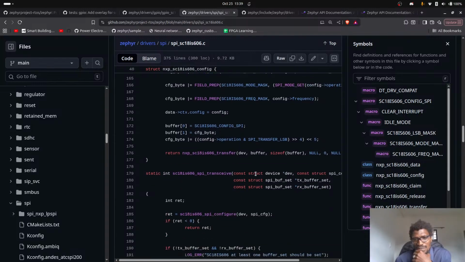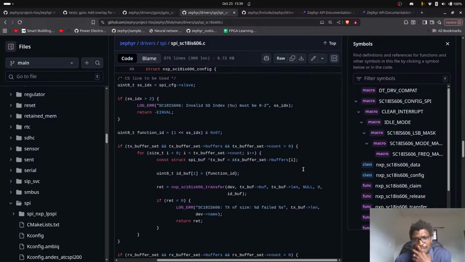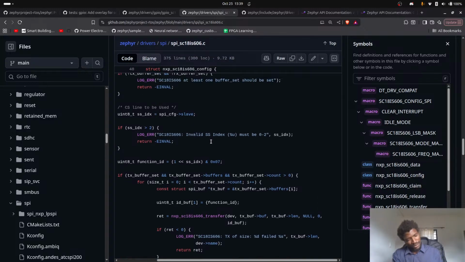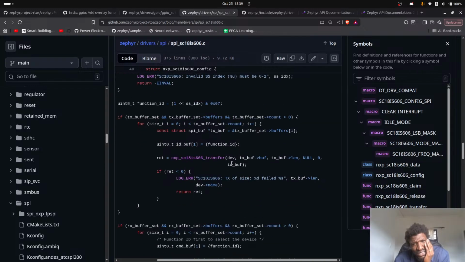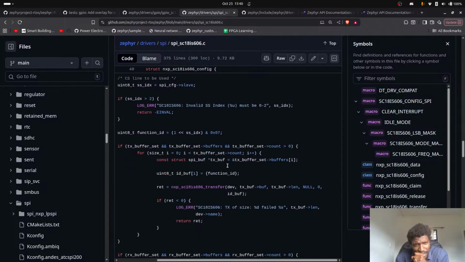Yeah, there's this one. Yeah, let's see how you use it. And this is a null. But there's a place at least we're using it, I'm sure. ID buff, ID buff, function ID. Okay, cool. And function ID here is whatever we want. When do I need a function ID? This is just for this, so I don't need a function ID on the other side. Why don't I need a function ID? And when I don't need a function ID, how do I do it? Oh, remember I'm sending an SPI message from I2C, so I basically have to build my